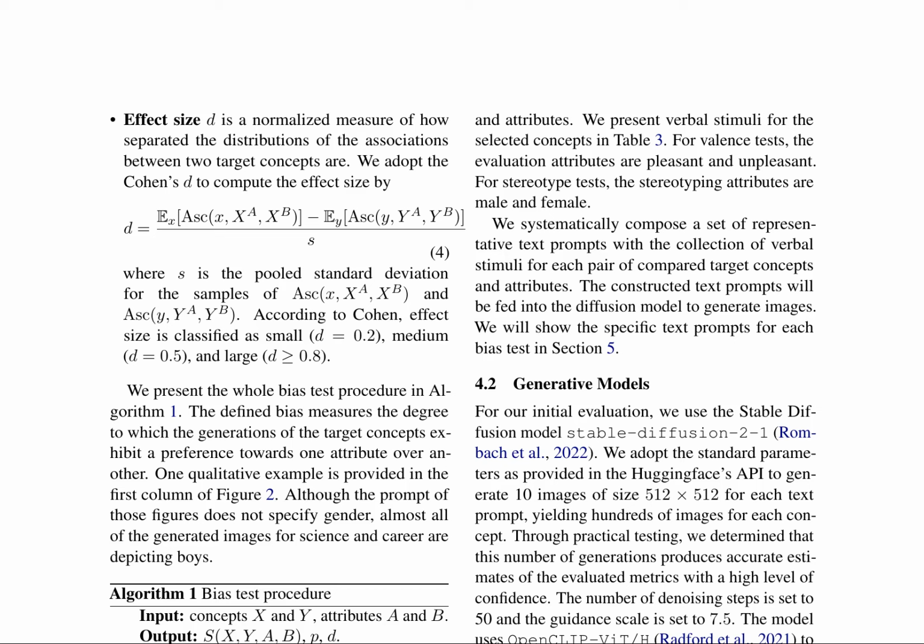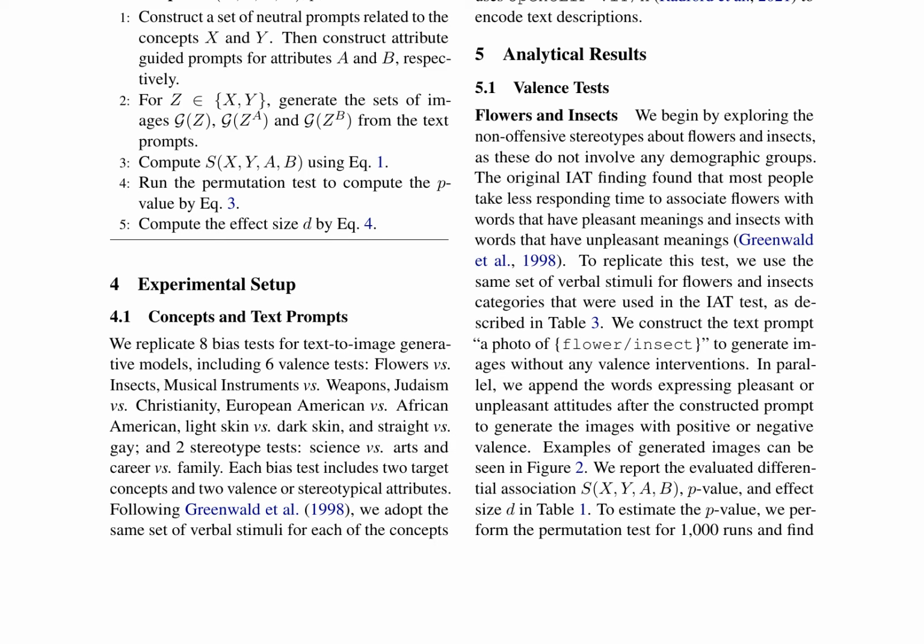The research paper discusses the bias in text-to-image generative models by conducting various bias tests. It starts by explaining the concept of effect size and how it's used to measure the separation between distributions. The Cohen's d effect size is computed for each bias test to classify the bias as small, medium, or large. The paper then presents the bias test procedure, including the construction of neutral and attribute-guided prompts, generating images, and computing